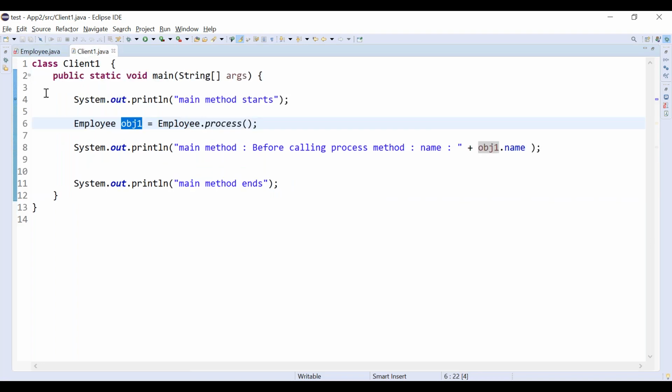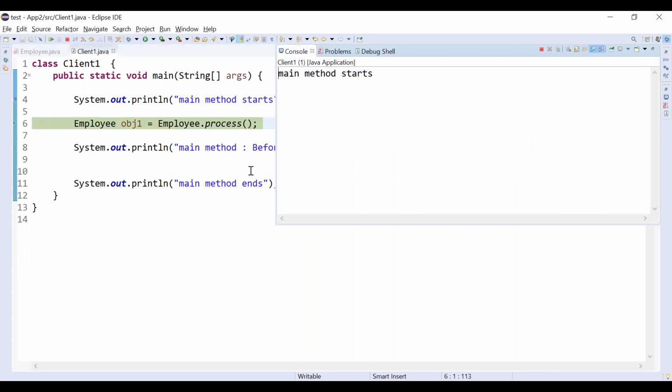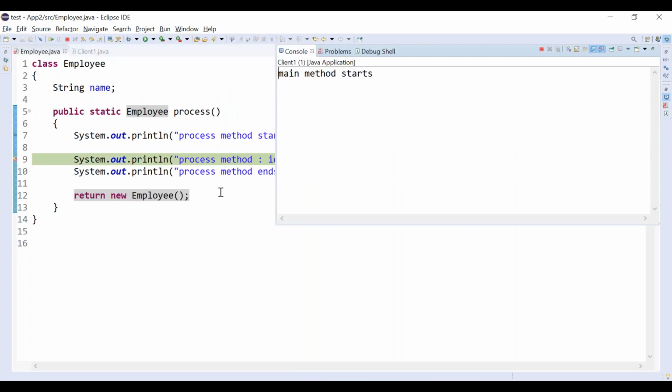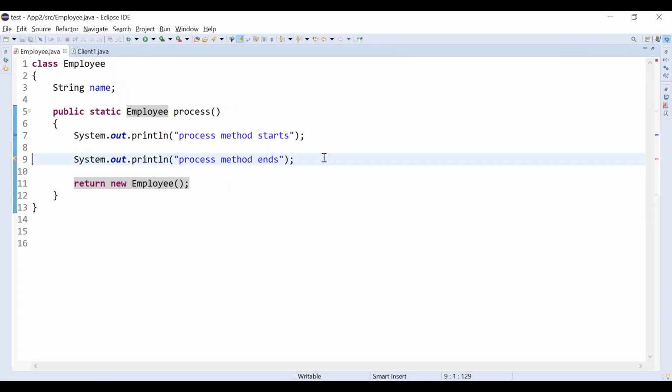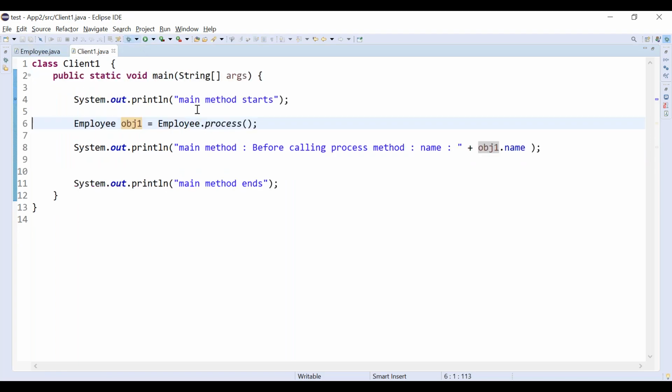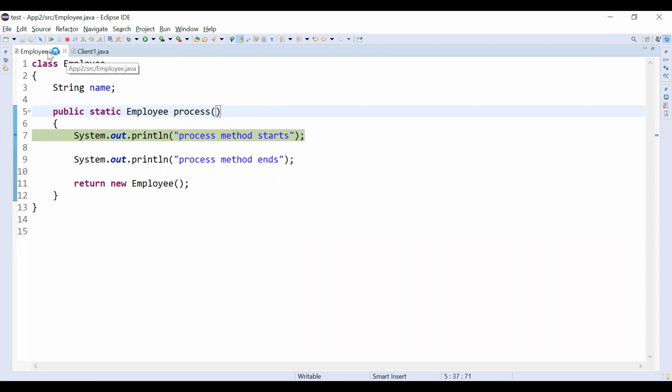Let's rerun this program again in debug mode. Main method starts. You are going inside the process method. Just remove this line because we are not storing E1, right? So again we have started. Process method is called, right?